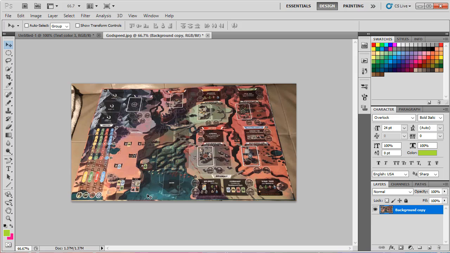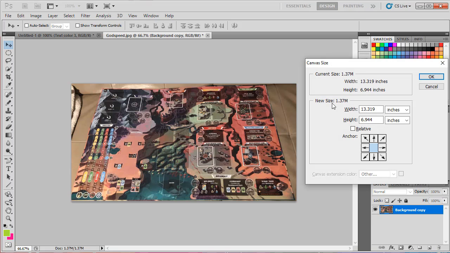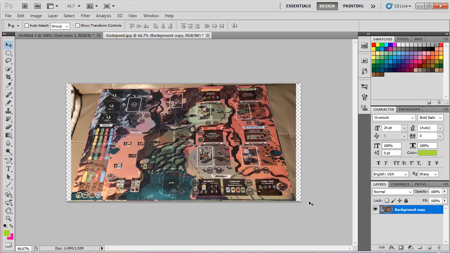So now if I do Control-Alt-Canvas and I add to this, it is going to add a transparent background. So it doesn't look transparent because it's got this little checkerboard, but that stands for transparent. So now I could save this and I have an image that's exactly the size I need it to be,